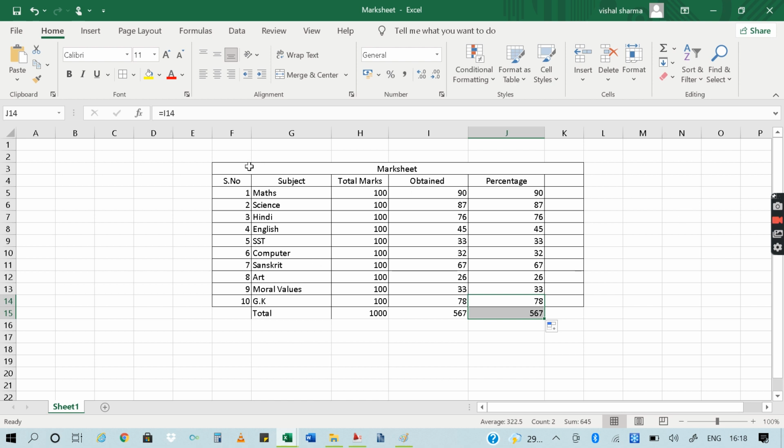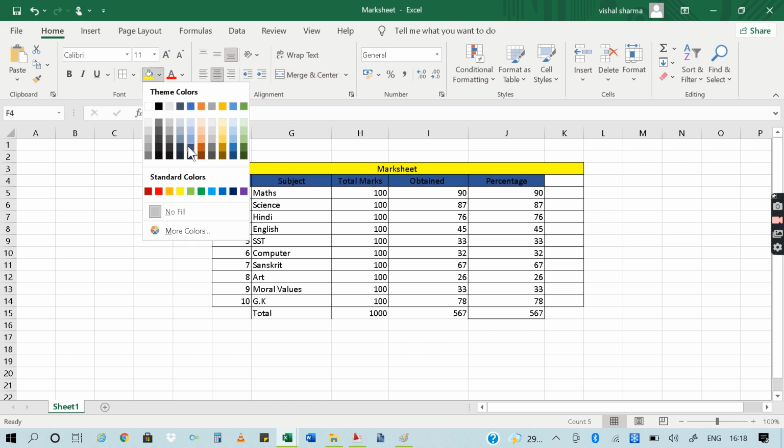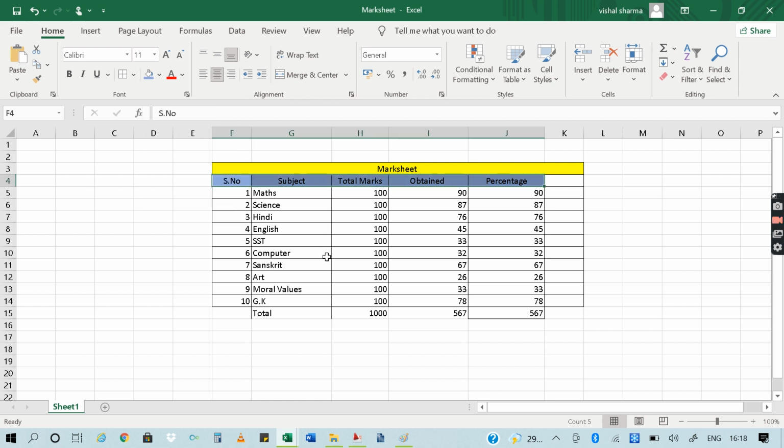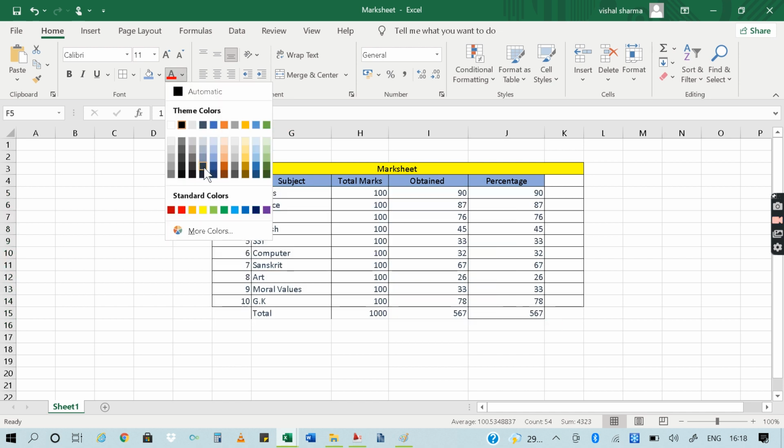Now if I want to change some settings or format, just like I want to change the cell color, I can simply highlight the cells like this and change the color of the cells from here. And if I want to change the text color, I can go to the font group and change the text color from here.